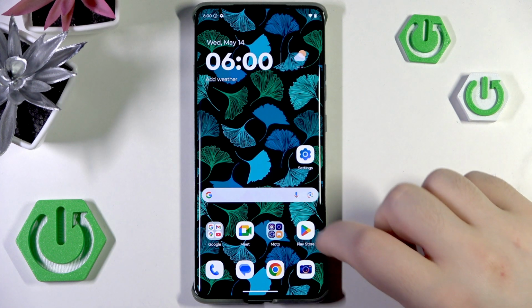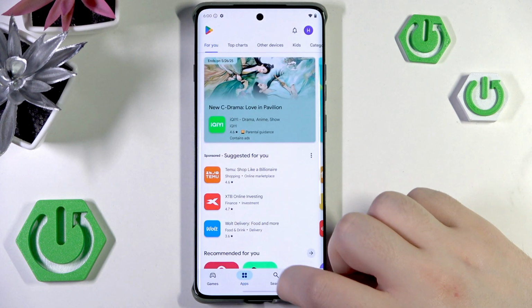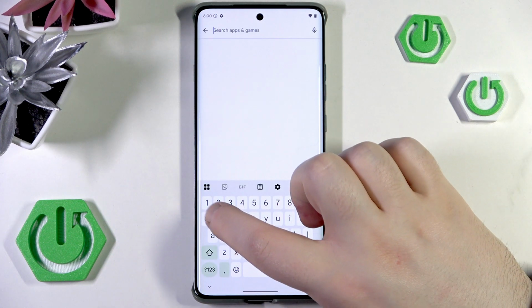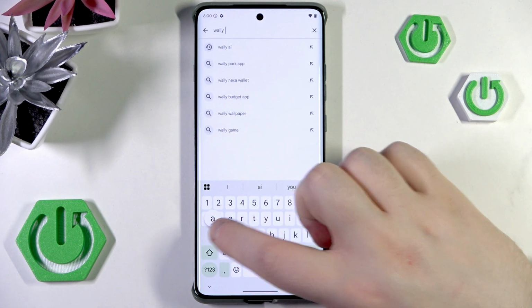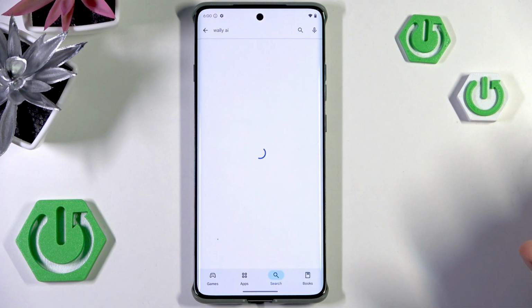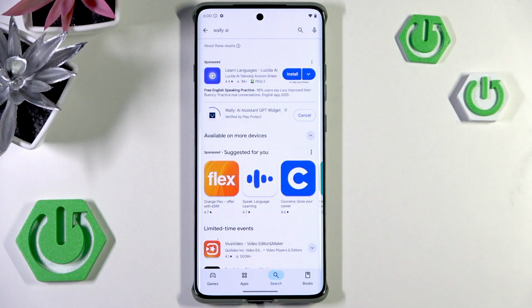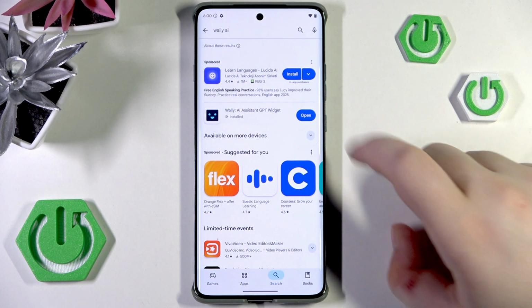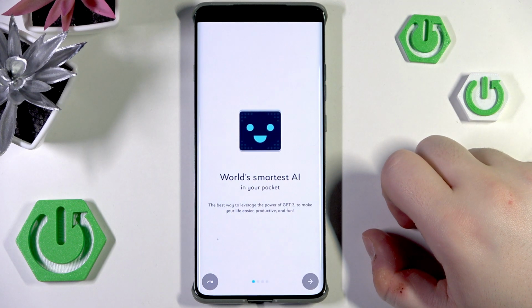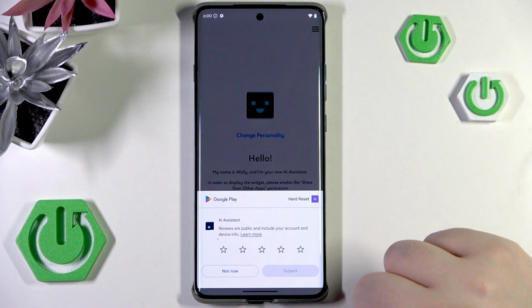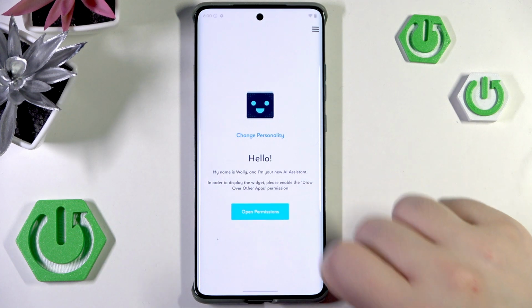So you have to start by opening your Google Play Store, then click on the search bar and type in Wally AI and click search, and then click install. Then you can click open and click on this button to skip introduction, then click not now and click open